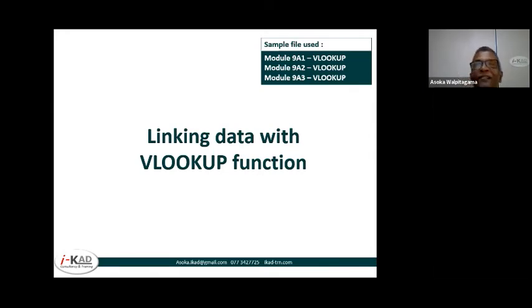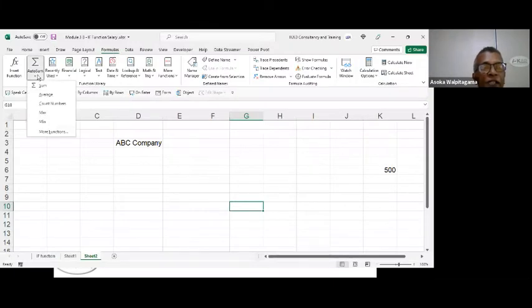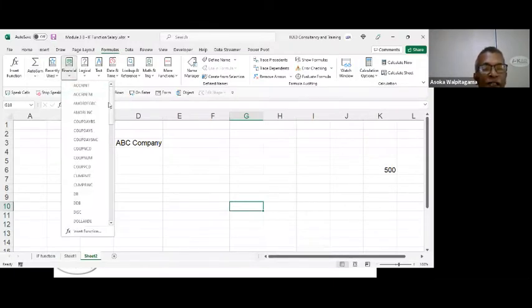There are so many things to learn in Excel. But what we need in day-to-day life, if you learn that, that's enough. Otherwise, you become mad. Look at this. Go to formulas. Click on formulas. These are AutoSum functions. These are financial functions. See the amount of financial functions. I don't know half of this. Not even a quarter of this.